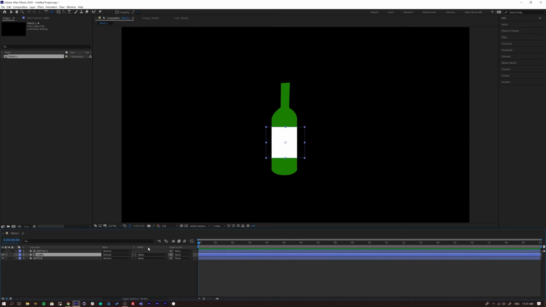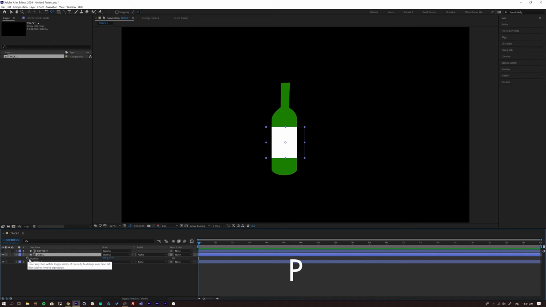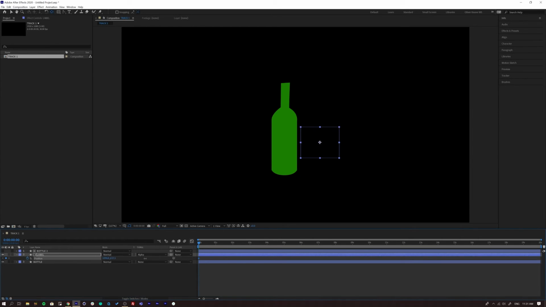See, what I want to do now is make this bottle look like it's rotating, you know what I mean? And how you could do that is animating the label. So I'm going to press P for position, go for the keyframe here, and drag my label out this way, and then at 1 second, I'm gonna come back to 1 second, I'm gonna drag it